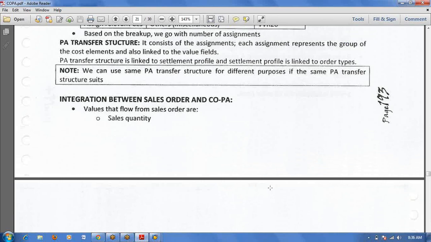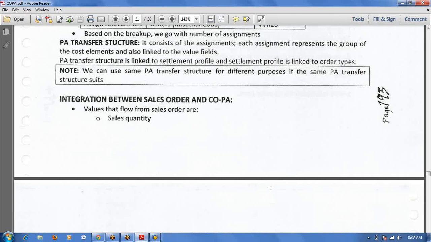Yes, make to order means, okay, I am the customer. I will give the requirement to you. I want this particular car. I want this color, and I want this engine. I want these tires. I will give the requirement like this, then only you can start the production. That is make to order.